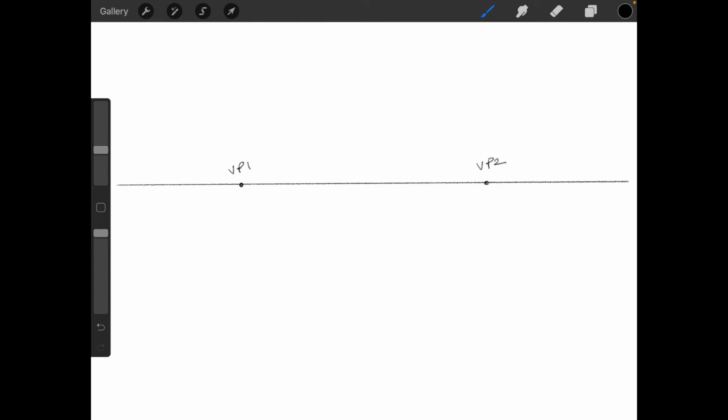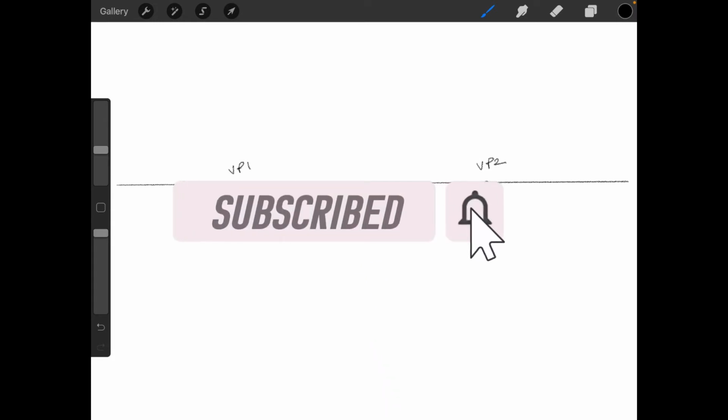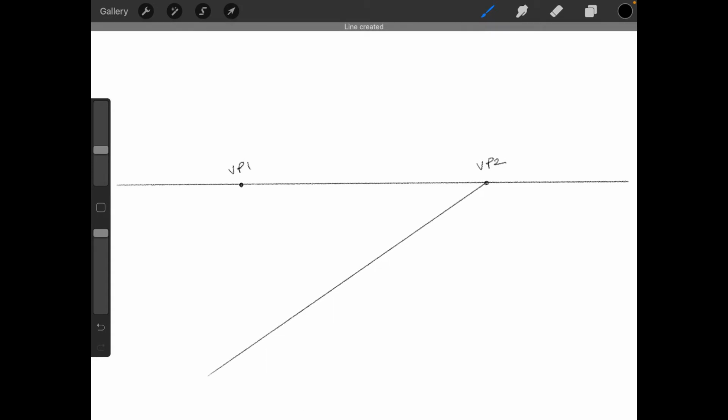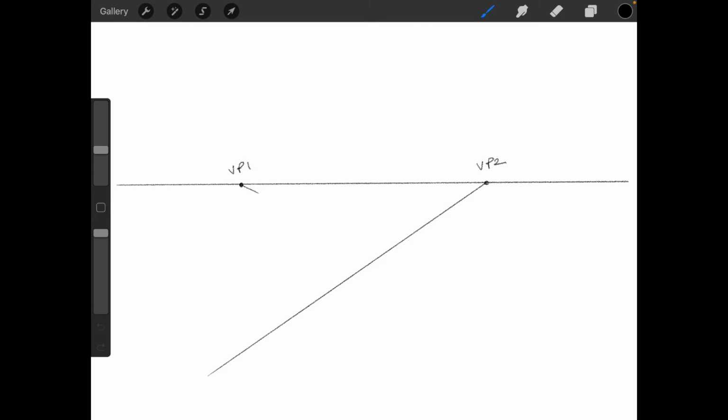Now duplicating an object consists of three main steps. So the first step is create the base object. Second step, duplicate it. Third step, duplicate it even more. Okay, so let's start. Let's create the base object. So to create a base object, one reference line with respect to VP2. Okay, make sure it intersects the VP2, and second line,